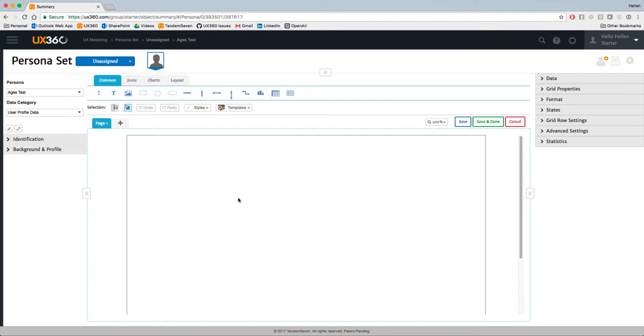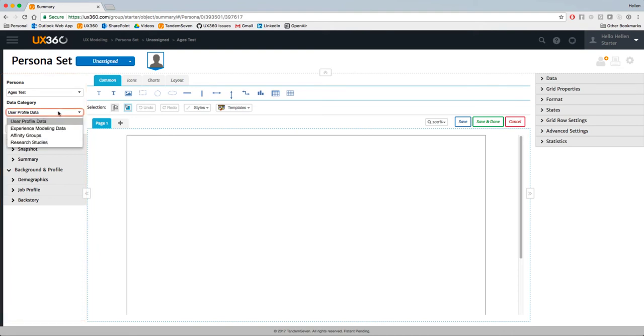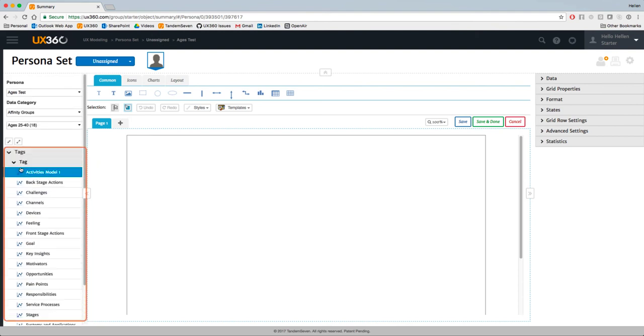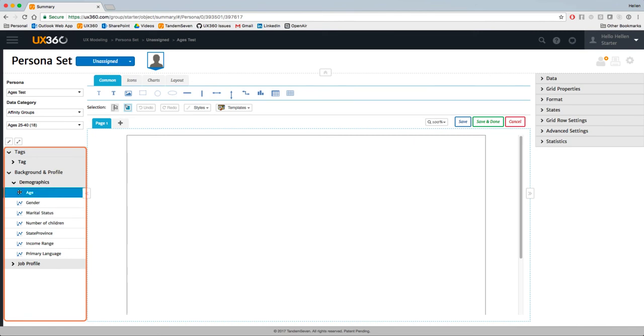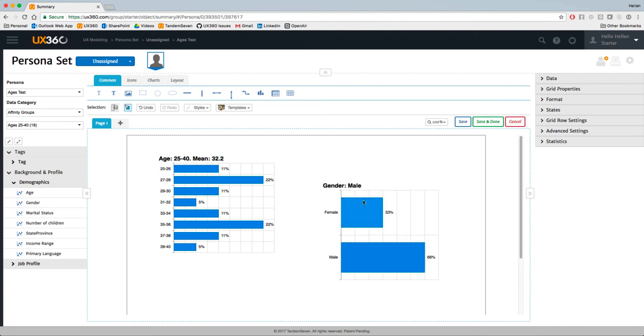So now working with the canvas with data, you can go ahead and click on user profile data and go into primary photo and drag that out, and you can make a primary photo for the affinity group that you have. Or you can go into affinity groups, go into ours, which is ages 25 to 40, look into tags, and you can see all the tags are here. Background and profile demographics, we can pull out age, and then there's the mean right here, and then all of the frequency distributions. We can do a gender distribution right here,